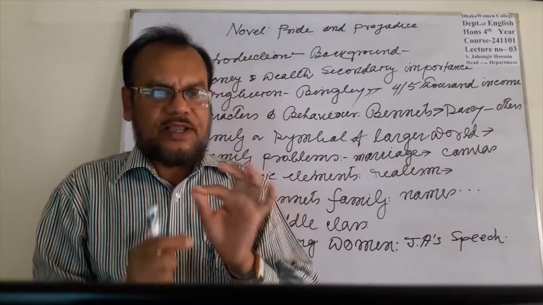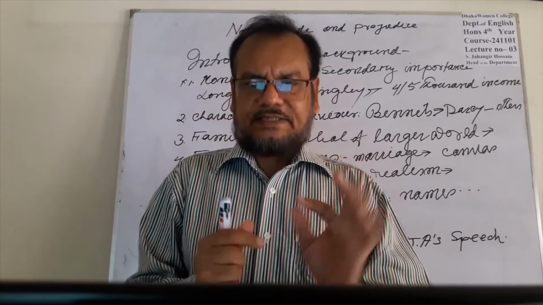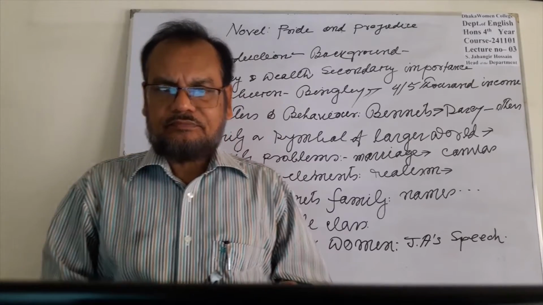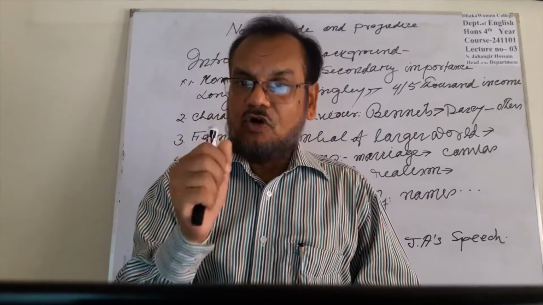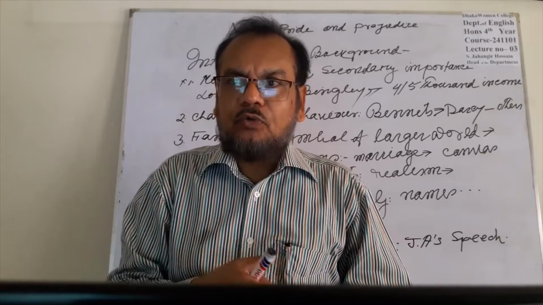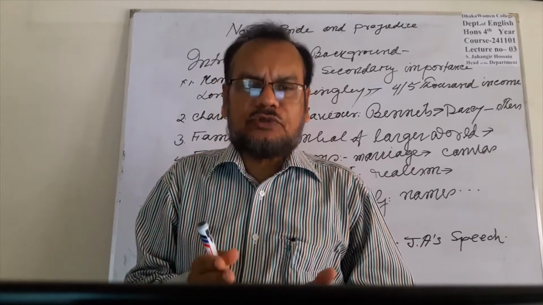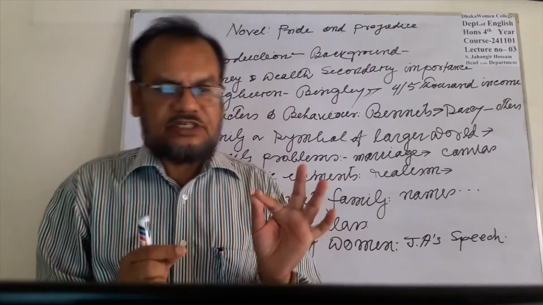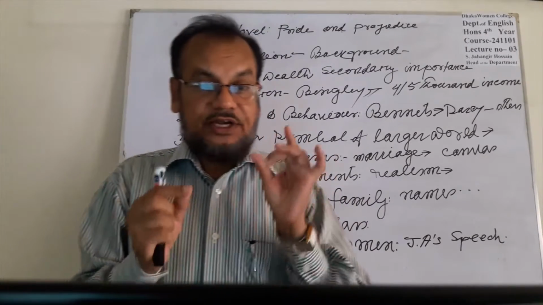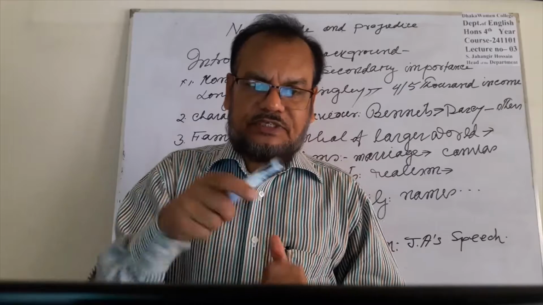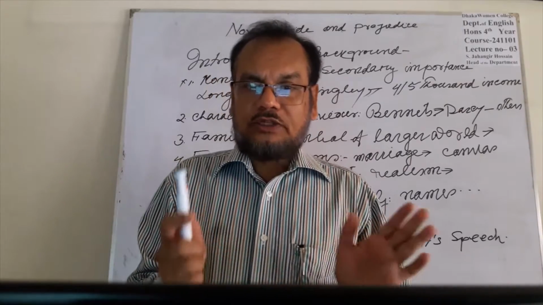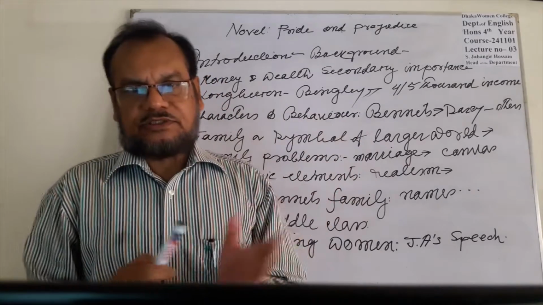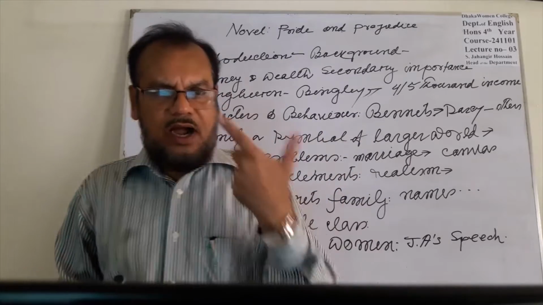She deliberately selects her characters and makes them objects of ridicule. She wanted to show the real picture of English society through the ridiculous activities of these characters. So, all the characters of Jane Austen are examples of certain